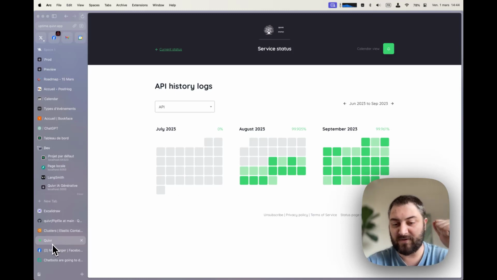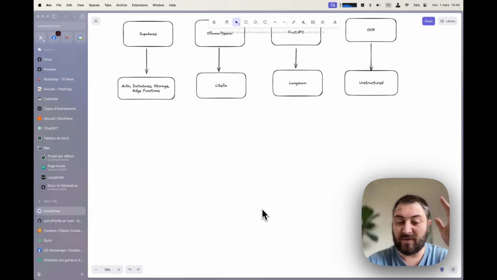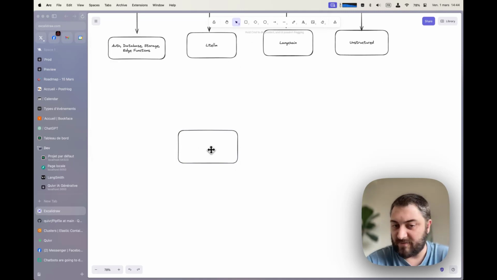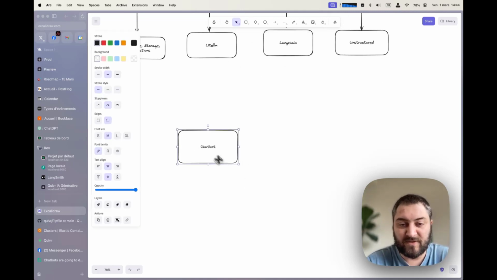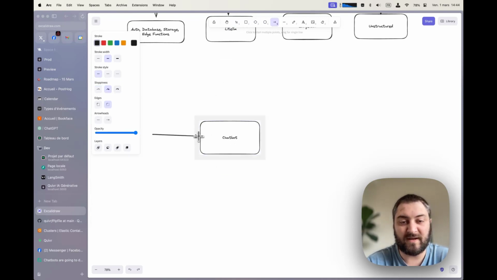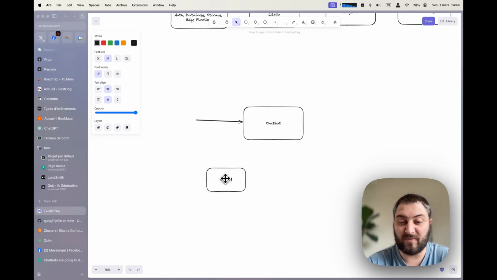So let me show you why chatbots are very hard to host. When you have a chatbot, what it does is when the user sends a request, so let's say we have the user here, and the user sends a request to your chatbot app, you have chat number 1.